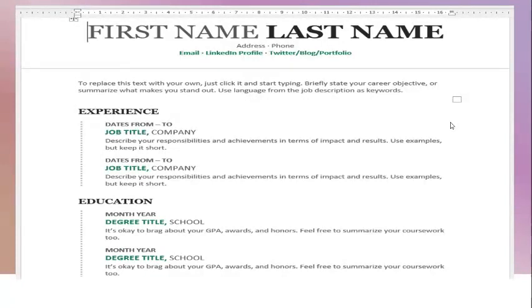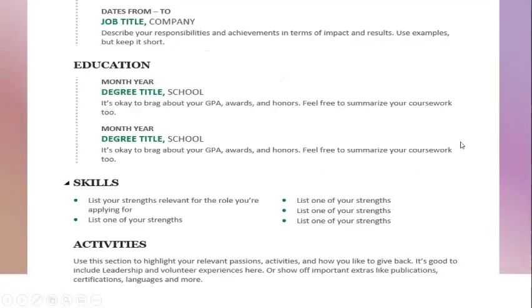The chronological resume is the most popular one, and mostly used when you're applying for a new job and you already have experience in your current field, so you can make a chronological resume. This is one of the examples for that kind of resume. When you put experience, the current job always comes on the top as your recent job. So that's how the chronological resume works. And these are the further headings that you can use to create your resume.